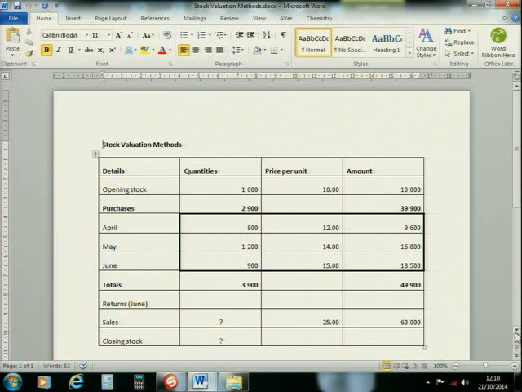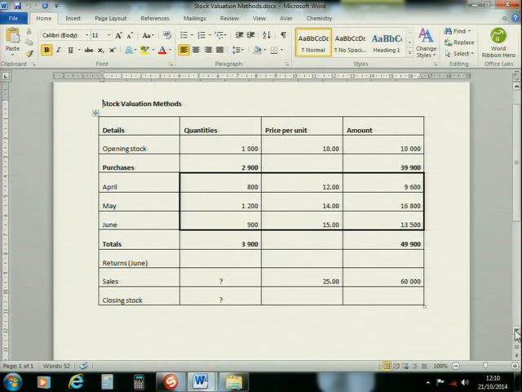I'll be giving you this exercise that is showing now on your screen. You can take a look at it in the meantime whilst I'm providing just general guidance around stock valuation methods. I'm not going to get into the specific method. We're going to talk FIFO as well as weighted average. And I'm going to ask you to determine the following values: the value of closing stock,